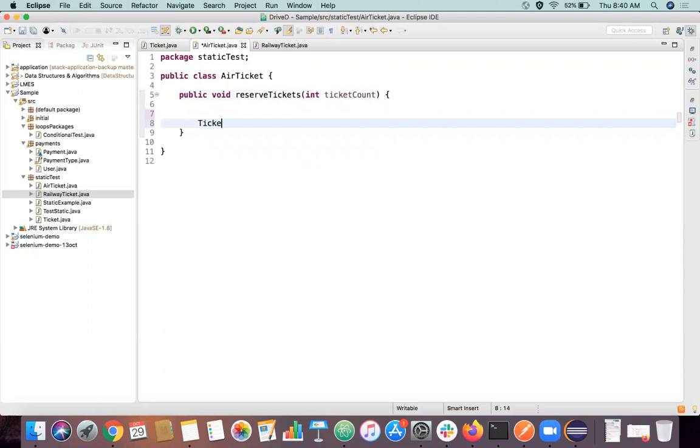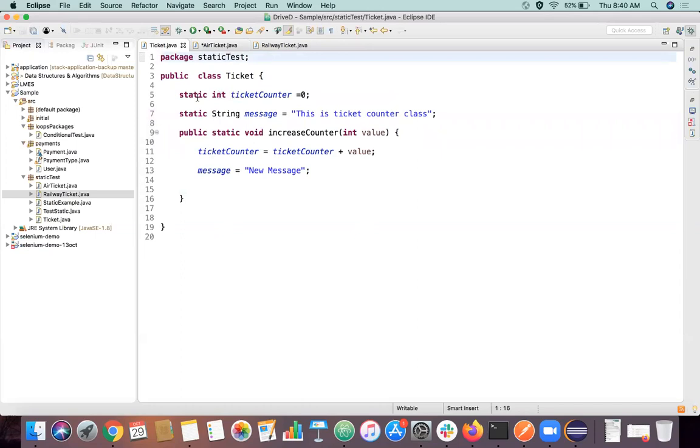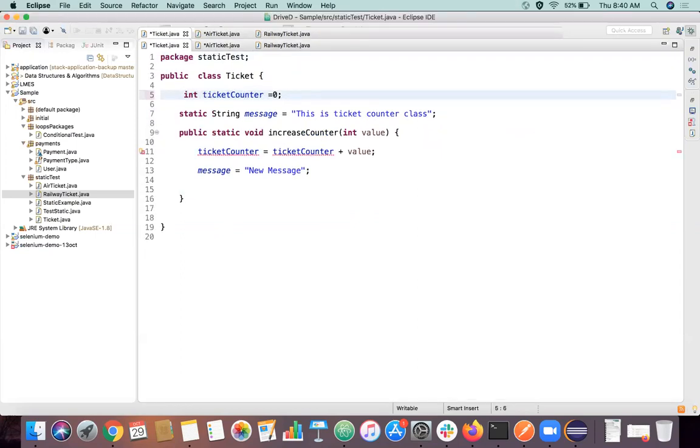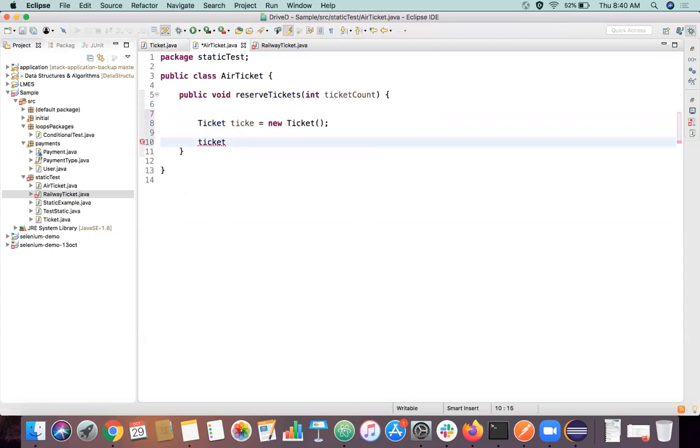I just have to say ticket, something like this, and I just have to say ticket dot. Remove the static here. What I'll do, I just say ticket dot.